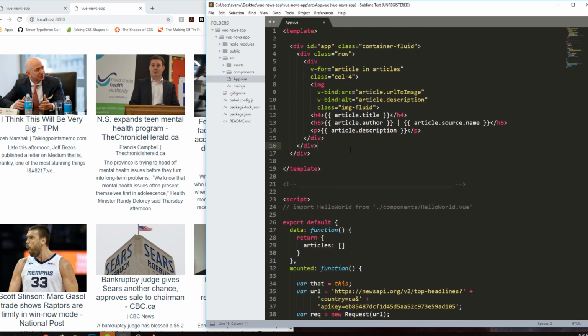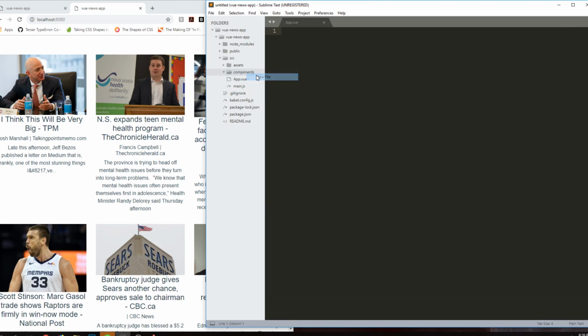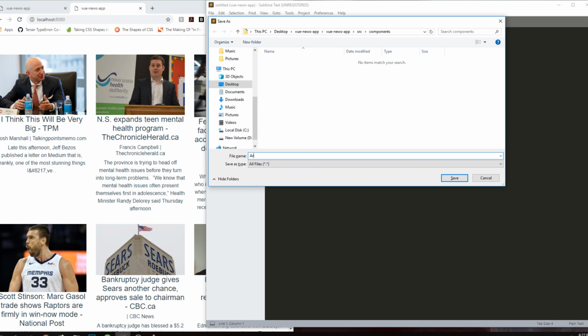And to do that, we're going to create a new component. Remember, we deleted the hello world component, which the app started with in the previous video, but now we're going to create a new one. And to do that, in my components folder, which currently is empty, I'm going to create a new file, and I'm going to save it as article with a capital A,